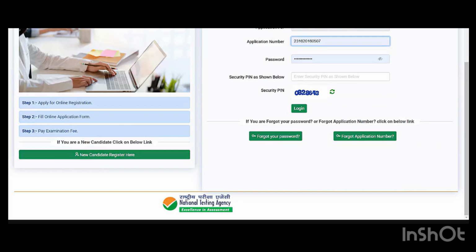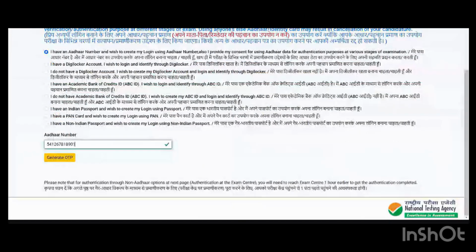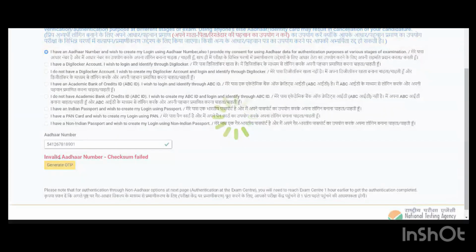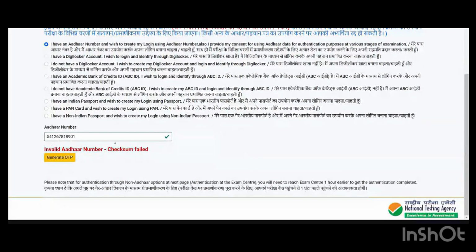Generate the OTP, log in via the OTP, and then you have to actually register yourself with the name, father's name, mother's name, address, all these things, right? Because all these things are confidential, that's why I'm not filling them in here online. But this is just a complete guideline about how you have to do it. As and when you write it down, you get an OTP generated. So this is an invalid Aadhaar card, I've just added it for you so that you can get to know. As and when you click over here, generate OTP, it will direct you to the next page, and then you have to start with the next process.